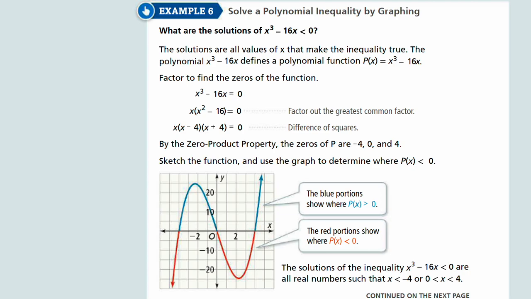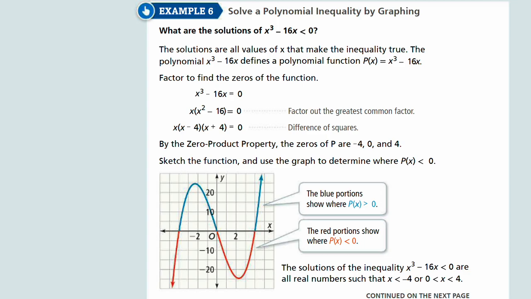Let's look at the last example, example 6, solve a polynomial inequality by graphing. Now we have an inequality, but it's a polynomial inequality. So remember, inequalities in other functions, linear functions or quadratic functions, you still need to solve by graphing a lot of times when you have a system of functions. But here, now that we have a polynomial inequality,